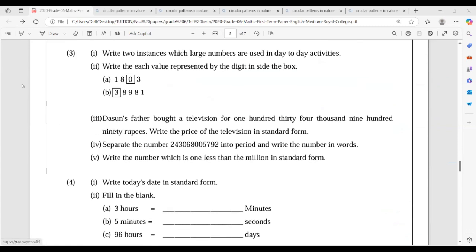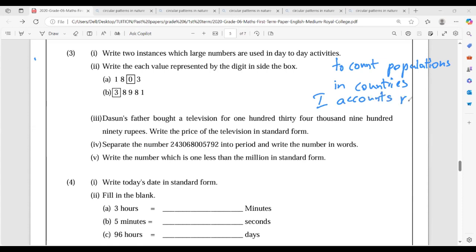Okay, now you have to write down 2 instances in which large numbers are used in day-to-day activities. 2 instances in which large numbers are used in day-to-day activities. You can say to count populations in countries, right? And also we have to use larger numbers in accounts related to large companies,